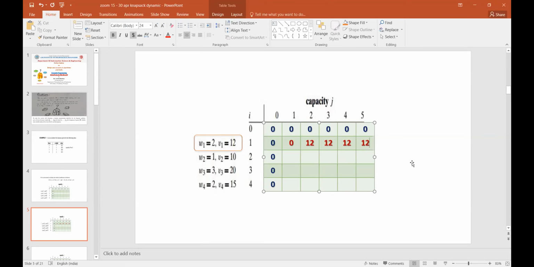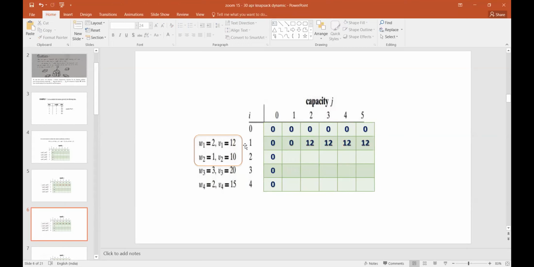Okay, so in the first step, I will consider only one object. If the weight capacity is 1, I cannot put it because the weight of the object is 2. When the capacity becomes 2, I can fill that place and the profit obtained is 12, the value of that object. As I'm having only one object in my hand, even though the capacity increases, I cannot consider other objects and the profit remains the same. I think the concept is understood. We shall proceed.